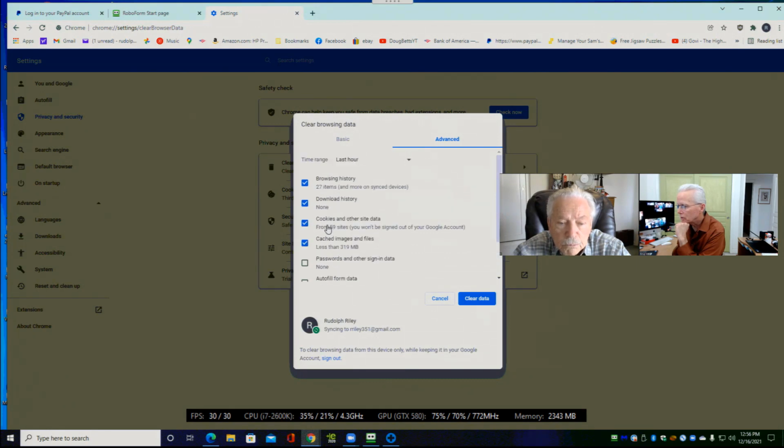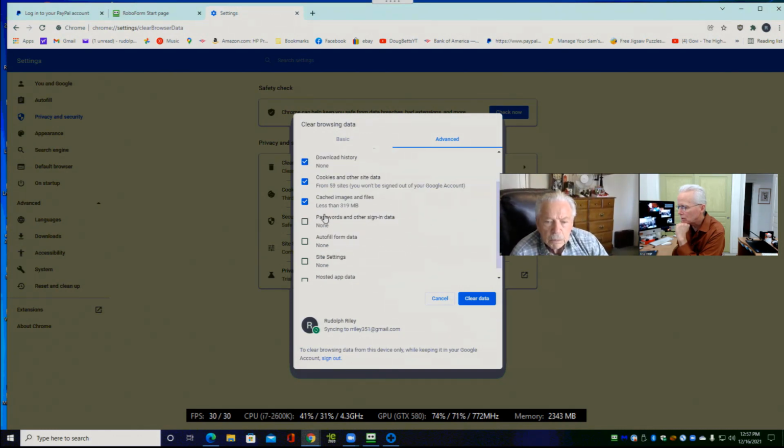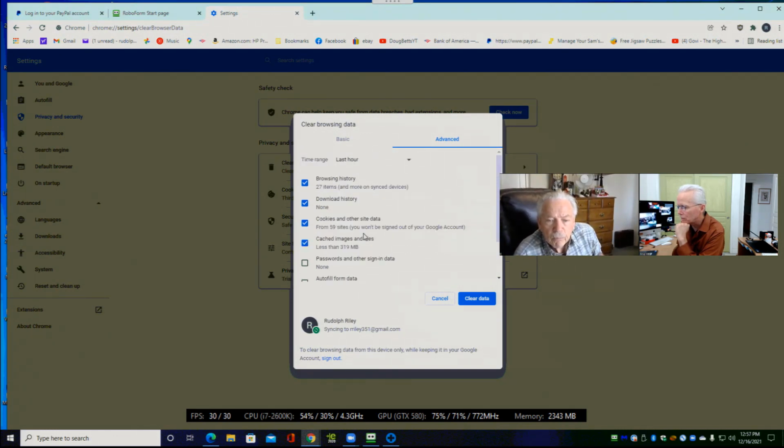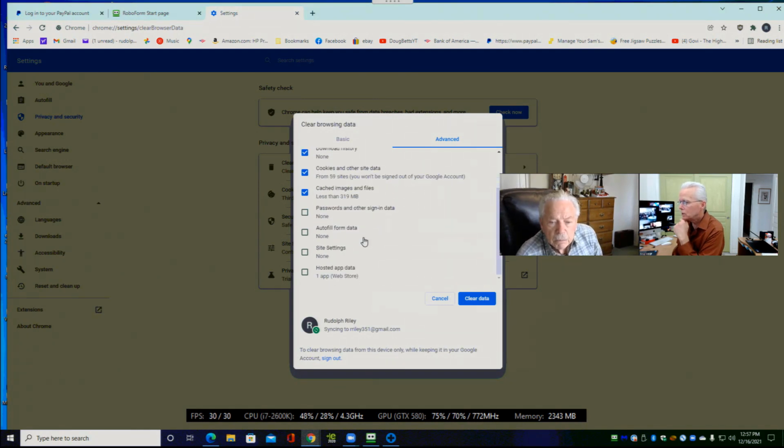Okay, so here, browsing history. I don't know, do you like your browsing history to go back to? You may not even be aware how to do that. No, so we'll let it clear that too. Clear download history, clear cookies and other data. These four that are checked by default, they're just very common to clear. Then here we have passwords and other sign-in data. And then there's also autofill form data, but it says none. And even in passwords, it says there's none. Okay. That's curious.